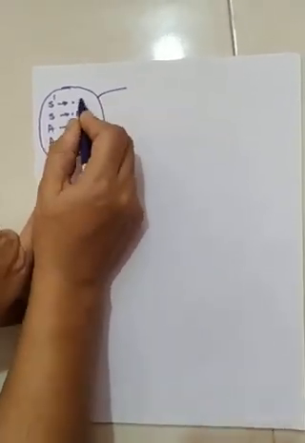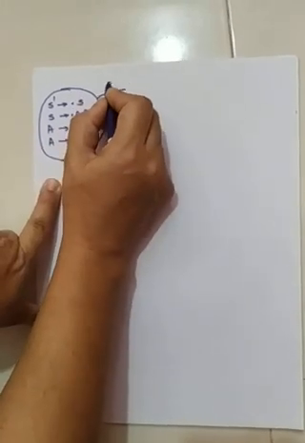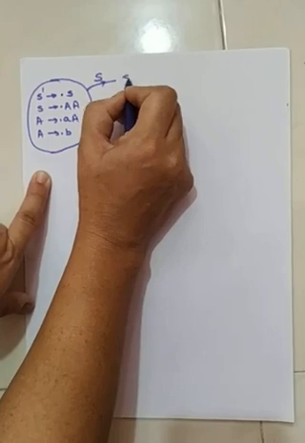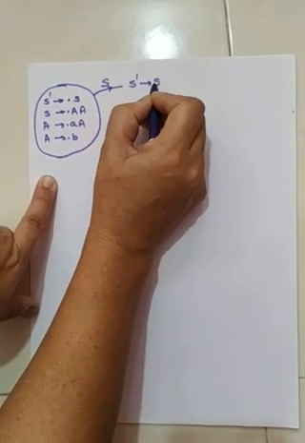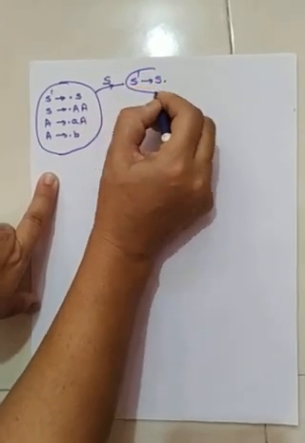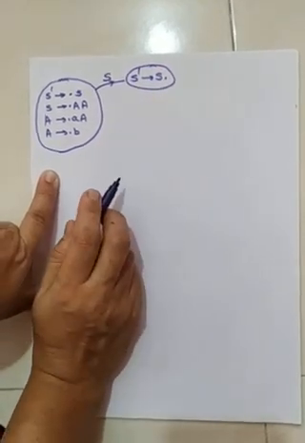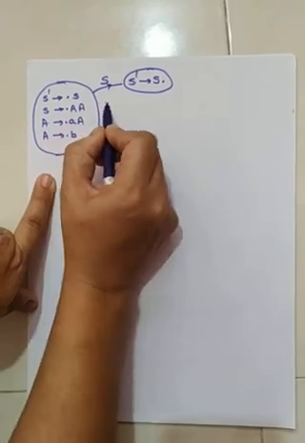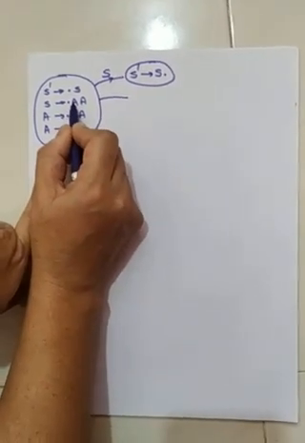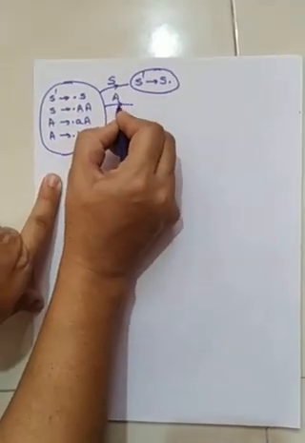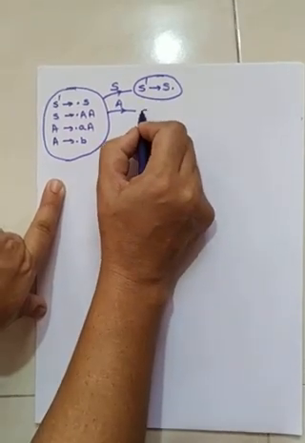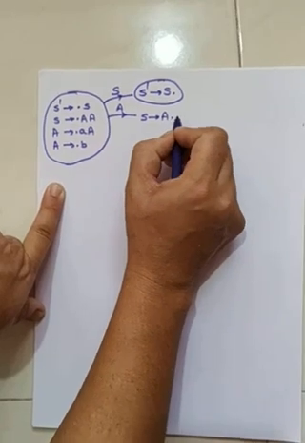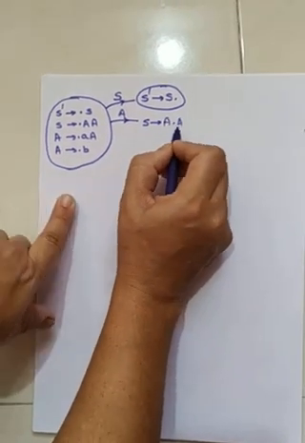Here the non-terminal S will get parsed. So S' is producing S dot. This is the next state. Now what is the next production rule? S is producing dot AA. After the dot, A is there, so A will get parsed, and we have the production S producing A. Now the dot will get shifted here: A dot A.